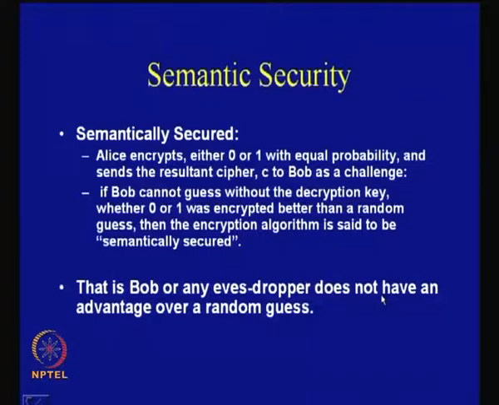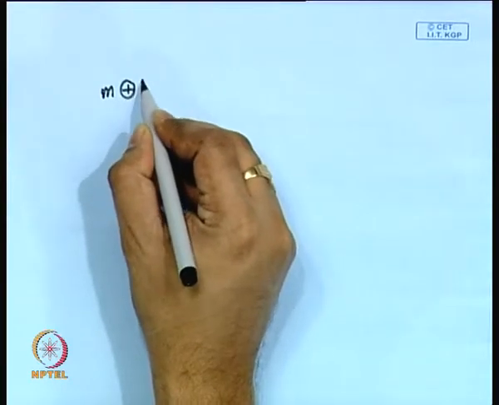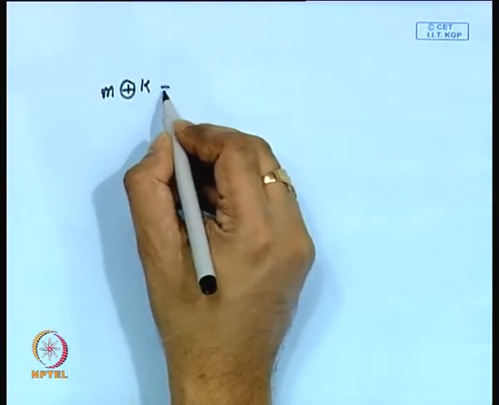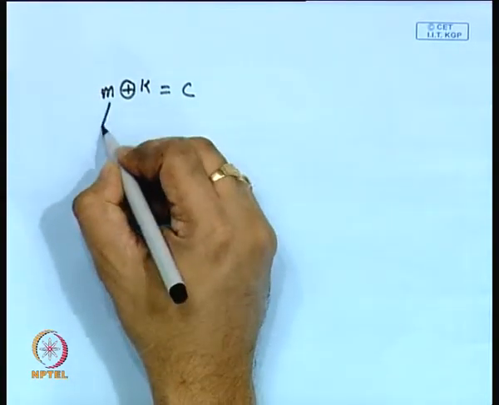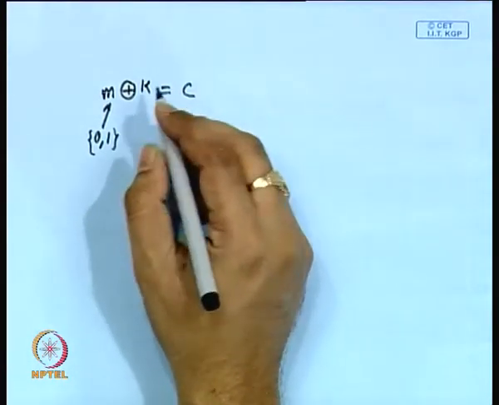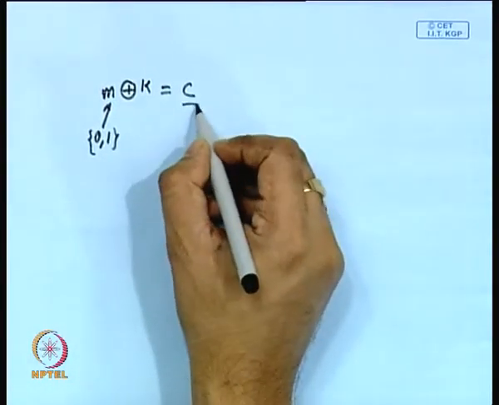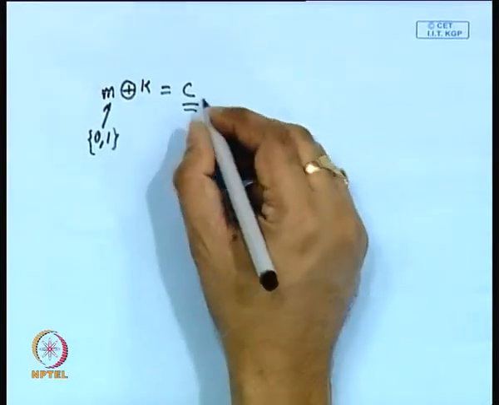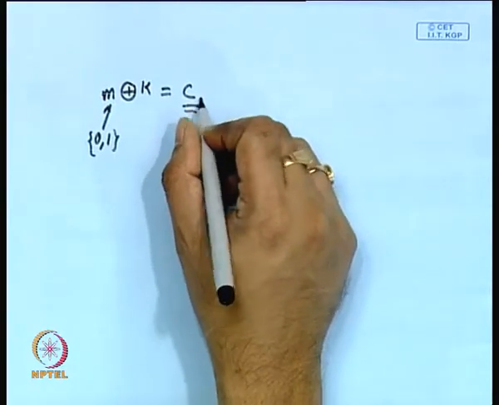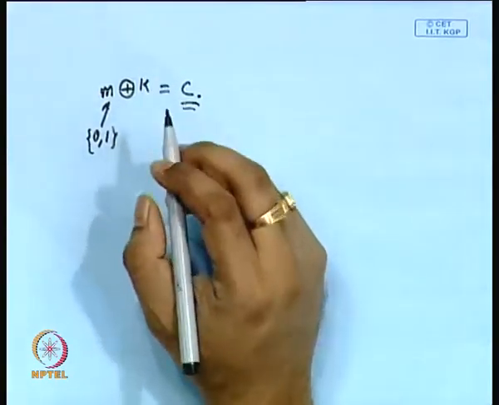if you just see that there is a message, and what Alice does is that she chooses a key value randomly and creates a ciphertext. Okay, so this message can either be 0 or 1. The key also can be either 0 or 1, and it is randomly chosen. Now this ciphertext is provided to Bob, and Bob, from this ciphertext value, has to guess whether 0 was encrypted or whether 1 was encrypted.